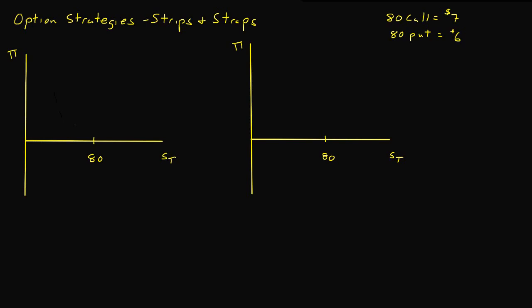And let's just recap this here. Suppose we have a call option with an $80 exercise price that has a premium of $7, and a put option with an $80 exercise price that has a premium of $6. So you have to use the same exercise prices. There are strategies where you can spread the exercise prices, such as a strangle, but right now let's just talk about the straddle. So what's the cost of this? The cost of this strategy is $13, right? You're buying both the put and the call, and so the cost is $13. So you start $13 in the hole,